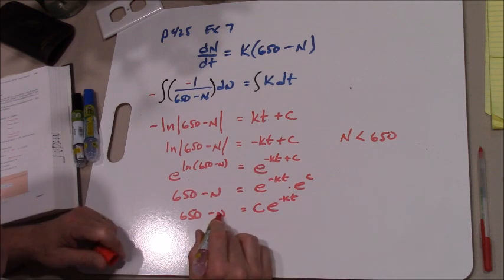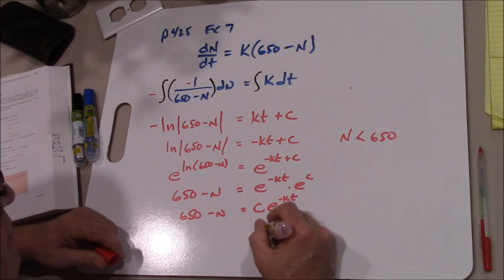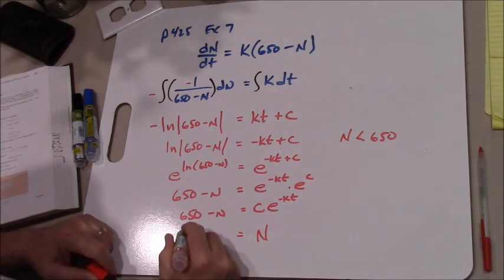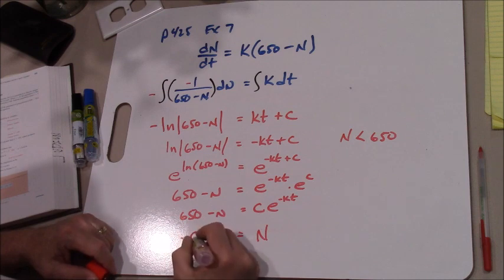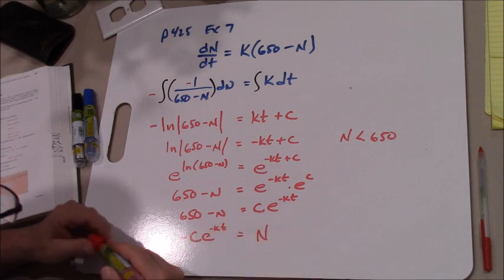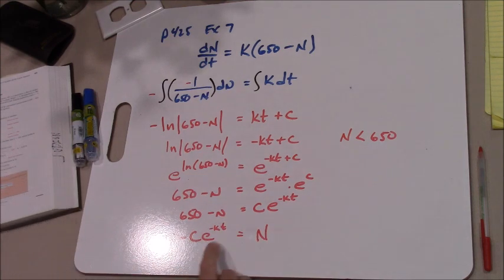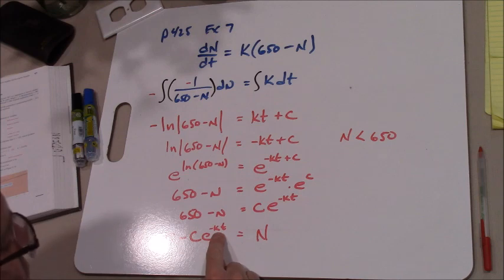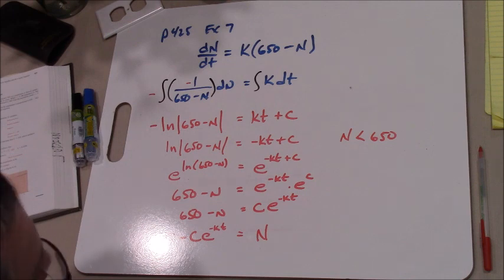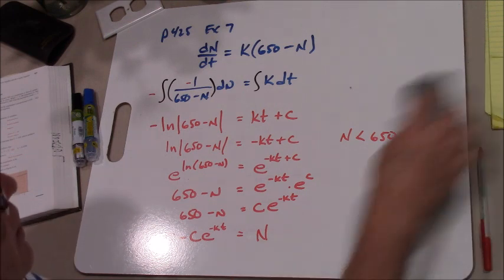So what I'm going to do is move n over to this side, make it positive, and over here I've got 650 minus c times e to the negative kt. And I suppose if we want, because this is a negative exponent, I could drop it down below the fraction bar, but I'll just leave it like this for the time being. All right, so